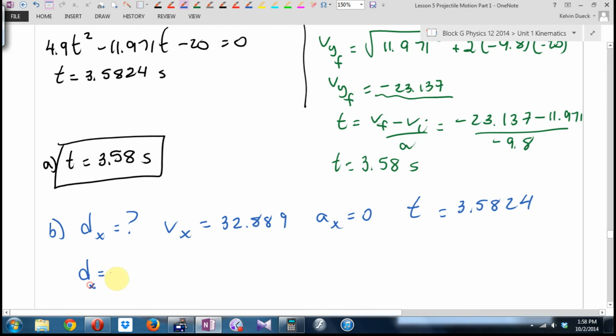So I'll go dx equals Vx t. Stop. Why can I say to him in this particular case, stop? A equals 0. If you are comfortable doing that on a test, go ahead. Certainly in your homework, go ahead. So the range is going to be